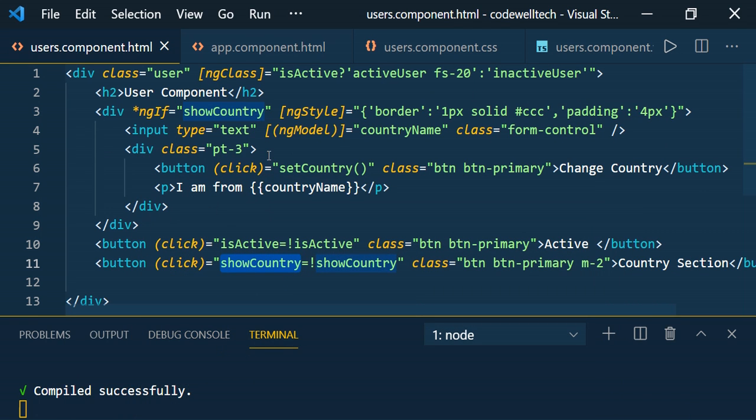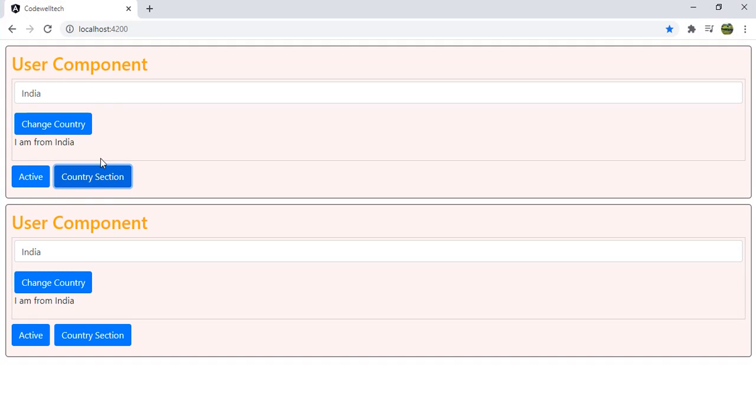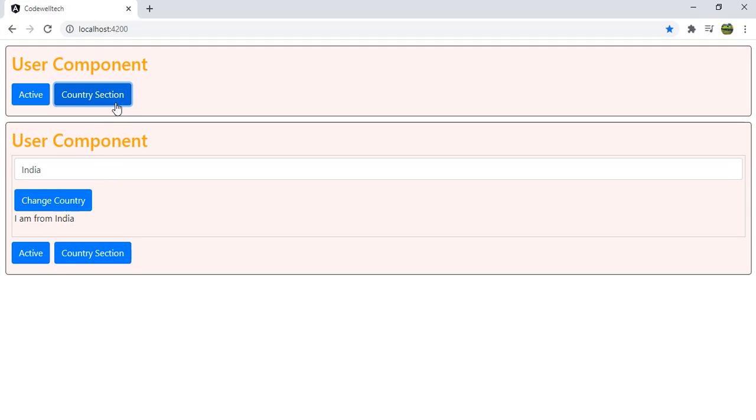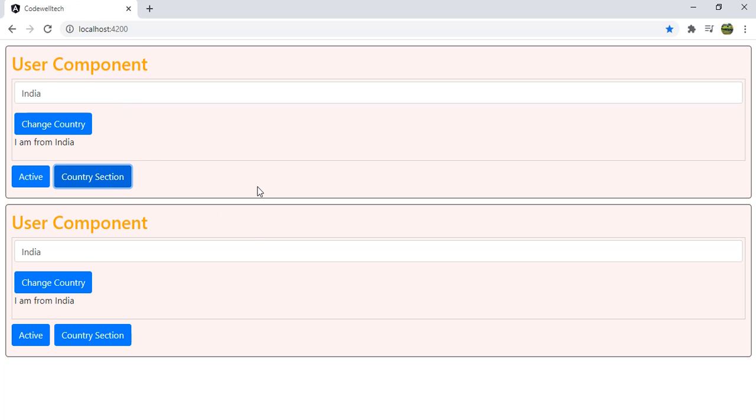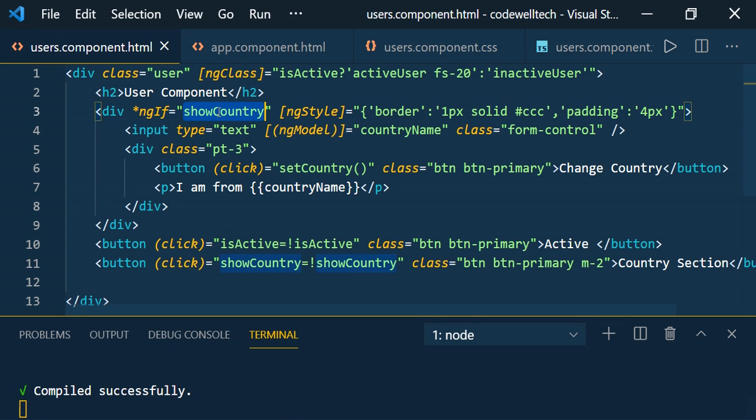That's why this div will be shown again. So this is how ngIf adds and removes based on the condition. Whenever this value is truthy, it will show this entire div. Whenever this value is false, it will remove it from the DOM.